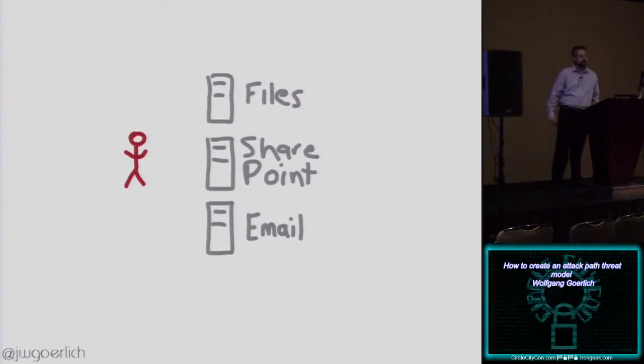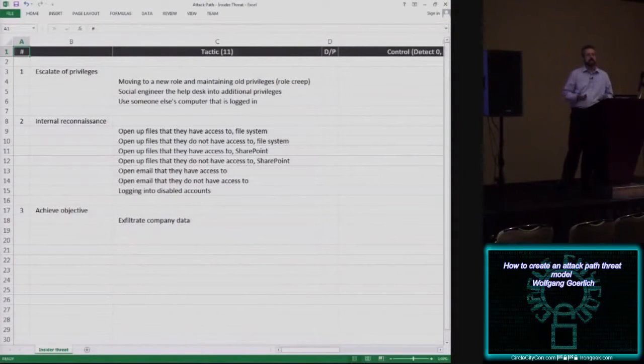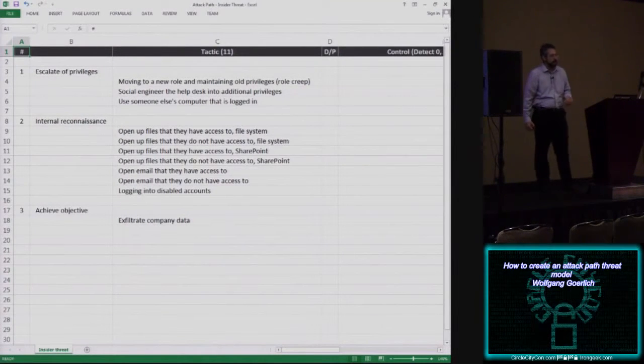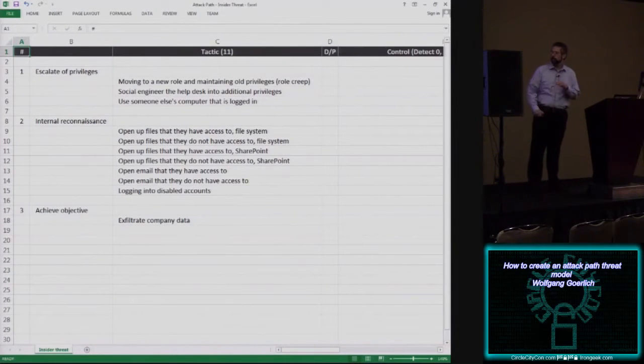So a very simple threat model for insider threat includes things like they're going to try and open up files, right? They're going to try and get to things they have access to and things they don't have access to. They're going to try perhaps to log into your account, right? Perhaps Belt here has all the access, and for whatever reason he loses his job, which would be a shame. And someone else in the team tries to log in as Belt to get those files. Someone devious who wears lock picks. Anyways,